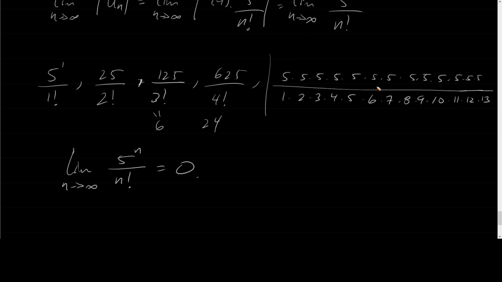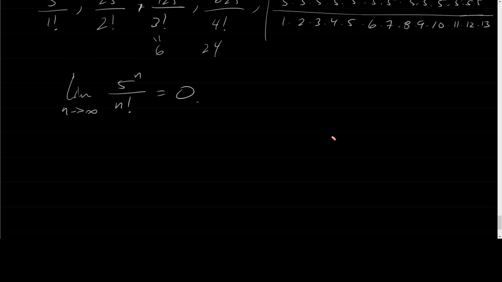As n goes to infinity, at one point on the denominator, we're going to multiply by 1,000,000. But on the top, we're still going to be multiplying by 5. So that should give you an idea that the bottom is getting bigger much faster. In fact, factorials, so maybe I'll make a note here. In fact, so note,